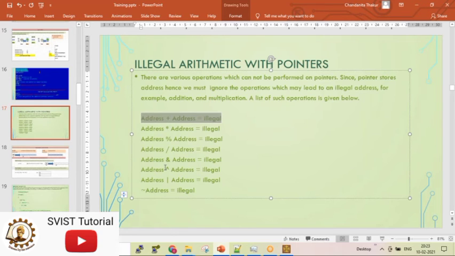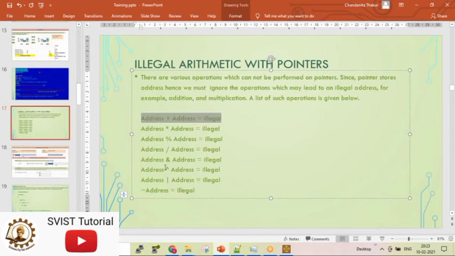If you subtract 2 addresses, you will get the difference between 2 addresses. If you have 2 integer pointers, one pointing to location 10 and another pointing to location 16, and you find the difference between them, you will get 3. Yesterday what we got was because in this range I have 3 integers stored. That is why the only allowed operation on addresses is subtraction.